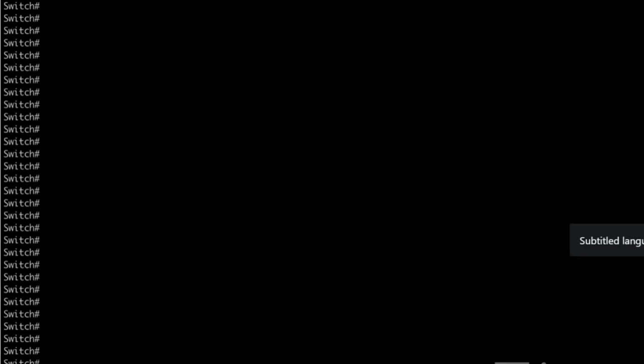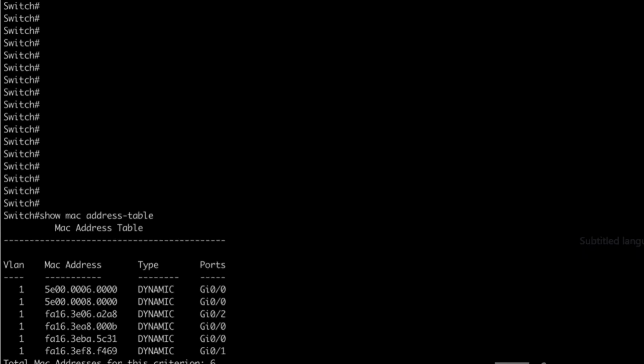If we connect to a live interface and we run the command show MAC address-table, this is going to display the contents of our CAM table. Here we can see the MAC address, we can see whether that was dynamically learned or statically learned, and we can see the VLAN number as well, and we can see the ports that those are connected to. We can also specify that for a particular VLAN or interface if we want to by just appending those keywords